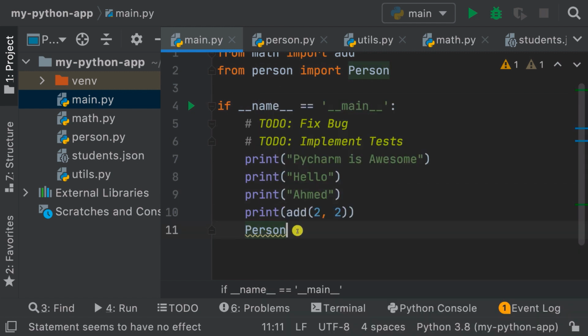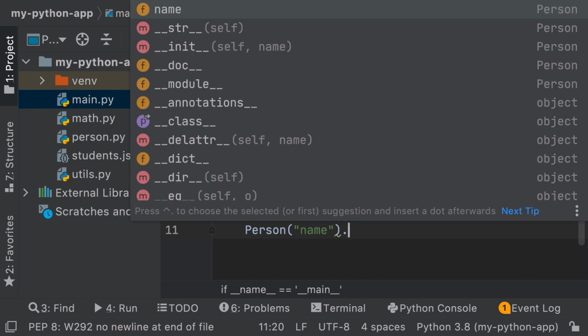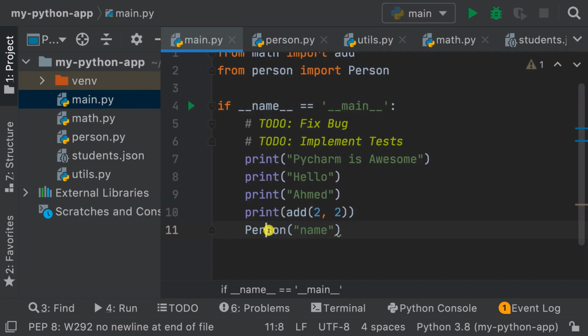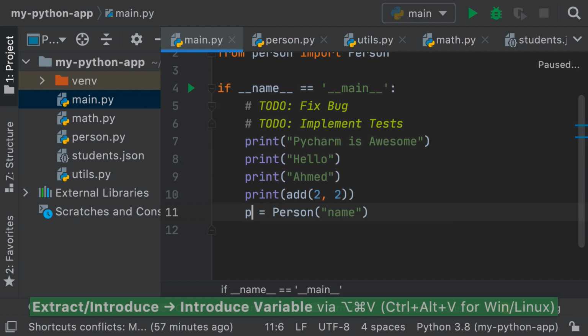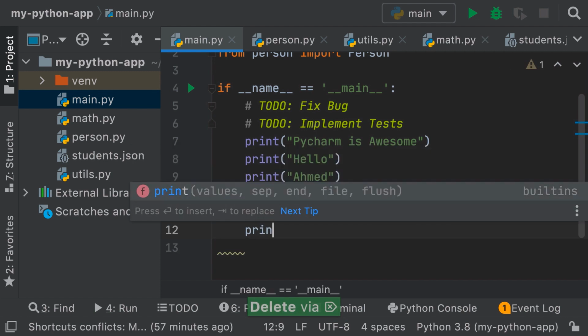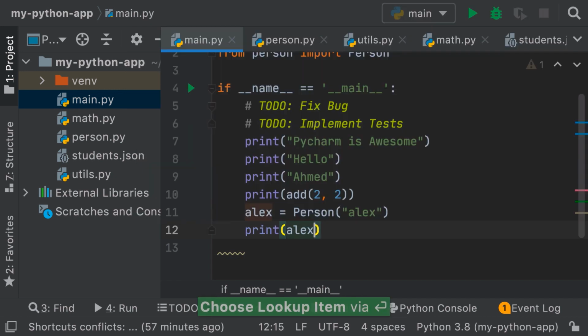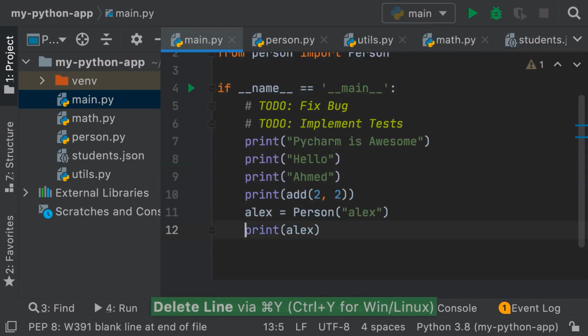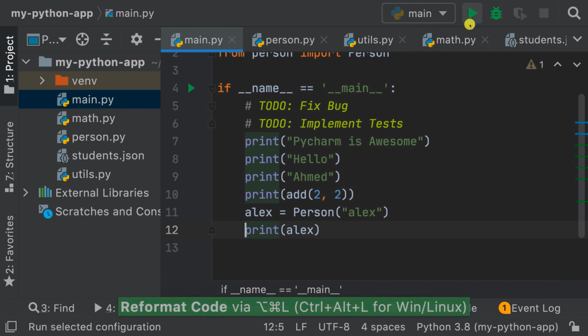We're not typing as much. And here I'm going to pass name, and then dot, and then we have name, right? But if I now say, for example, this is Alex, and then let's print Alex. So this is the actual object, and let me format things, run this,